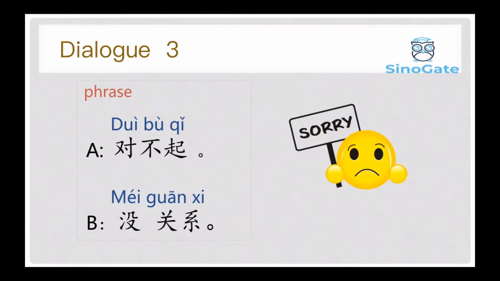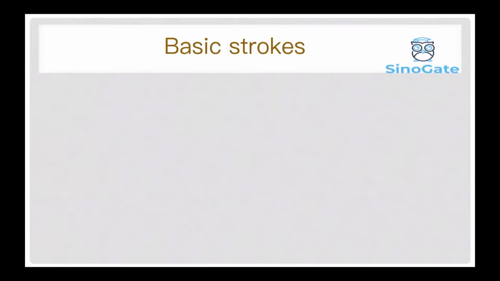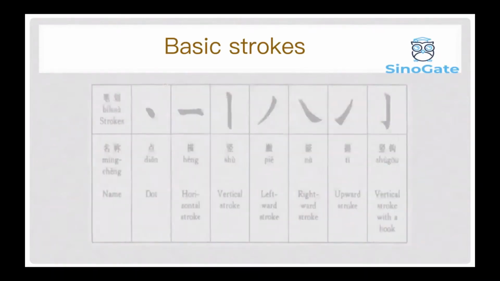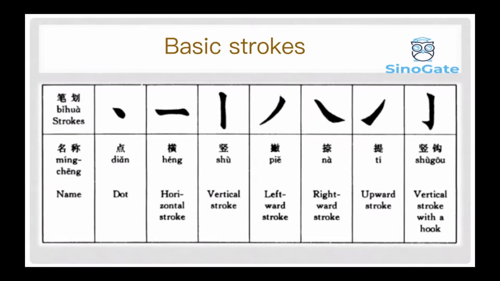And the last part for today is the Chinese characters. As we mentioned, the pinyin is just a tool. Real Chinese are those characters with the strokes, which look very complicated. But don't worry, we will start from the very beginning together. The basic strokes here. We can see here 7 basic strokes. First one, you can see 点, the name of the stroke 点, which means a dot.